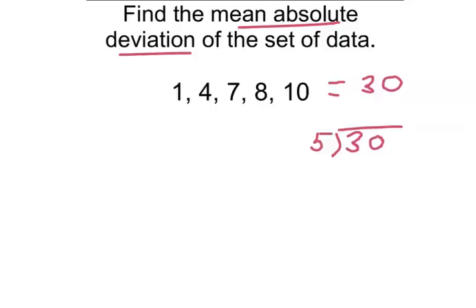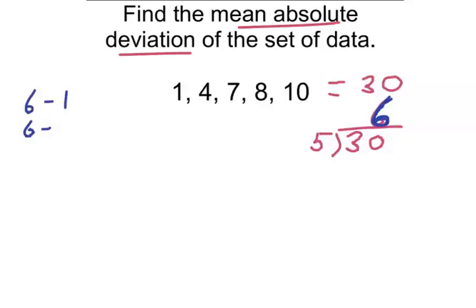Okay, so 5 times what is 30? We should know this answer. 30 divided by 5 is obviously 6, right? 6 times 5 is 30. So our mean is 6. So now to find mean absolute deviation, we're going to do 6 minus 1, and then